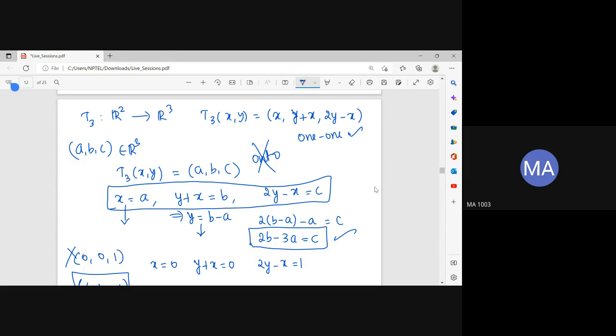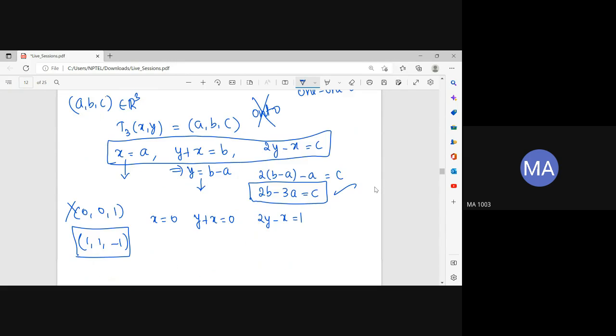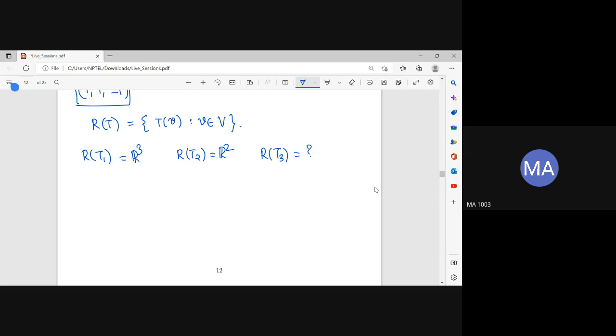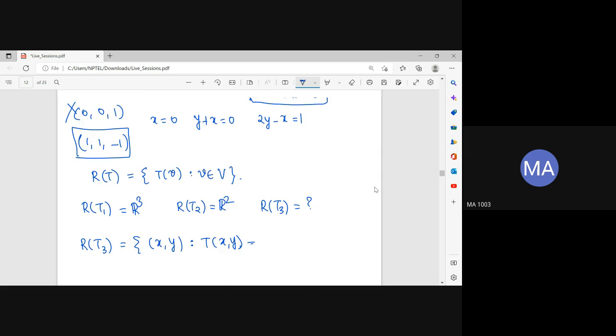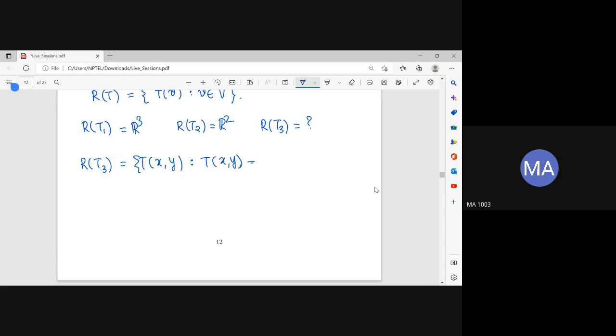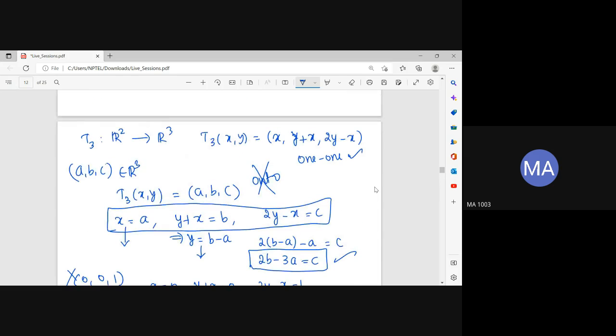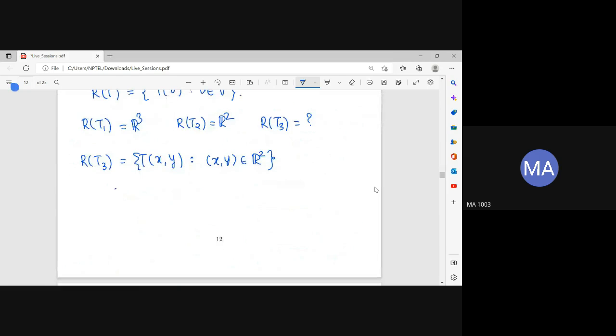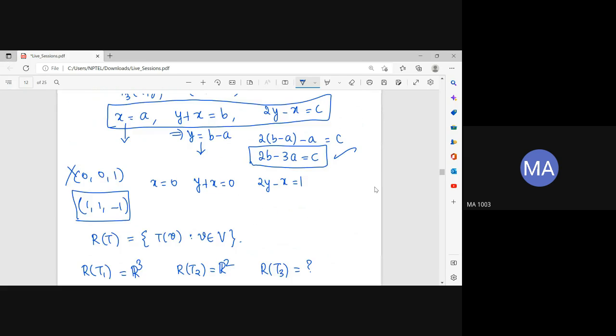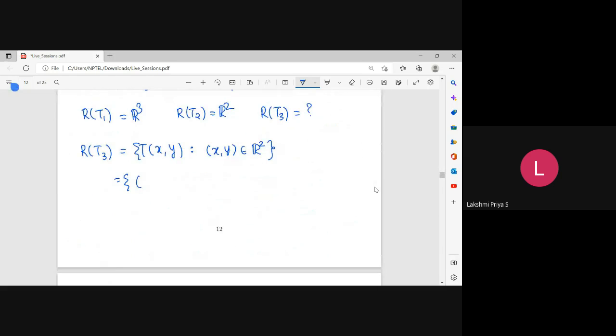And I know that it is a subspace as well, right? Yes, ma'am. So let's find out the range of T3. How will I find it? It is the set of all T(x,y), where (x,y) belongs to R2. Agreed? T goes from R2 to R3, right. So what is T(x,y)? It is (x, y plus x,